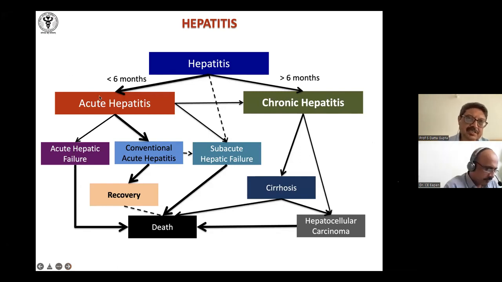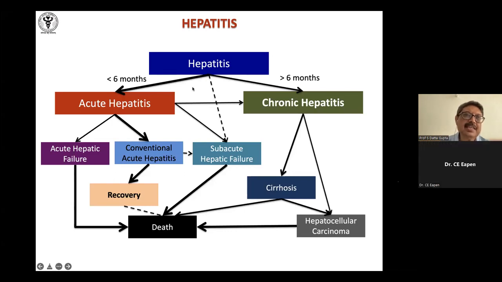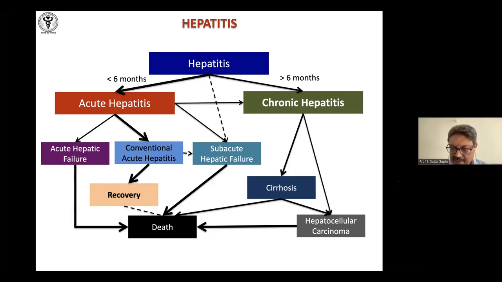You see this, why I put this up was, hepatitis is divided into acute and chronic with the 6 months cutoff. So who found out the 6 months gap? What is the big deal in 6 months? The reason is that in the 1960s there was a good paper in the Lancet, in 64 or 66, I think. In the 50s and 60s, they used to do a lot of liver biopsies in acute hepatitis and chronic hepatitis.